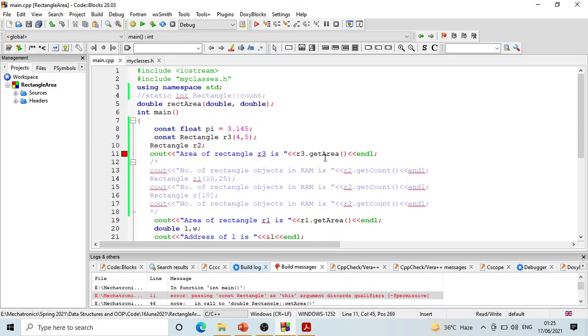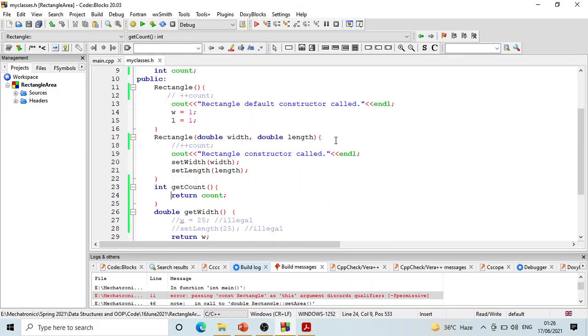अब इस गेट एरिया फंक्शन को मैं कॉल नहीं कर सकता, क्यों नहीं कर सकता? क्योंकि अकॉर्डिंग टू द कंपाइलर गेट एरिया फंक्शन इज अ नॉन कॉन्स्ट मेंबर फंक्शन and we are calling it for a const object, so the compiler thinks that you might be modifying the state of the object through this get area function। हम नहीं कर रहे मॉडिफाई, हमारा कोड अगर आप देख लें, गेट एरिया में हम w और l को कोई नई वैल्यू नहीं असाइन कर रहे। But the compiler doesn't care. The compiler wants you to explicitly say कि get area function is a const member function, ठीक है।